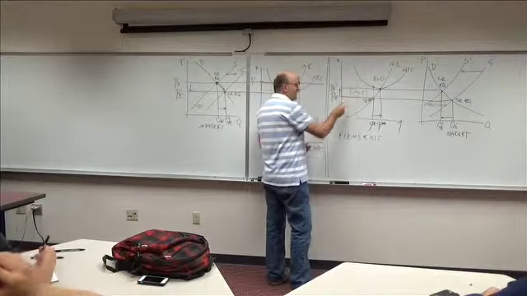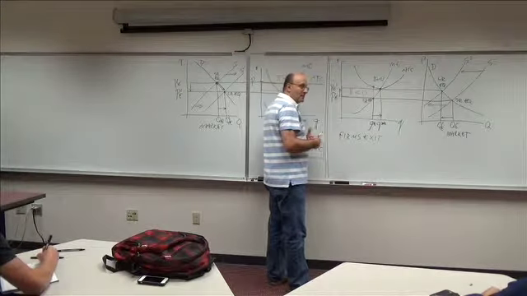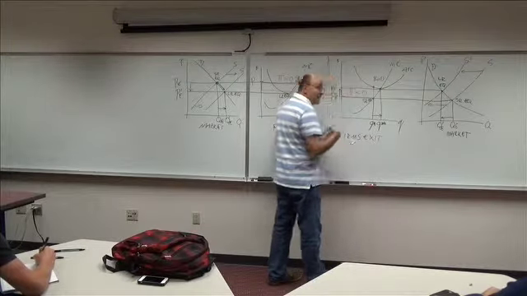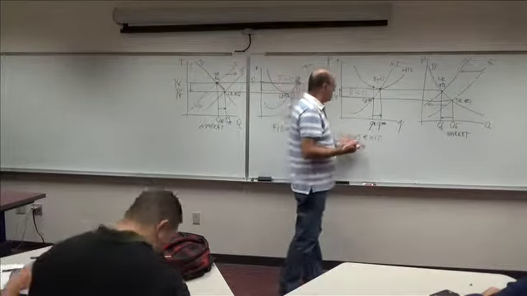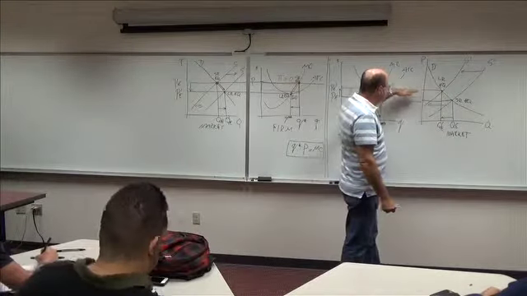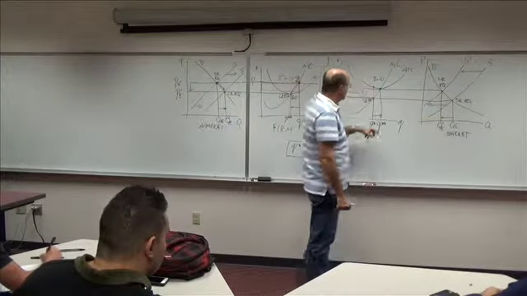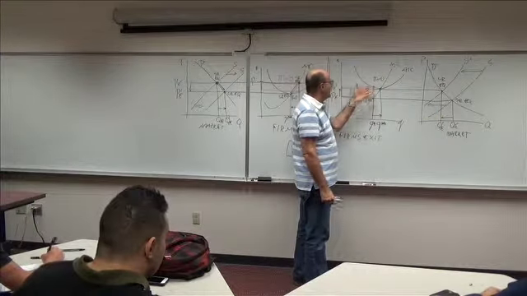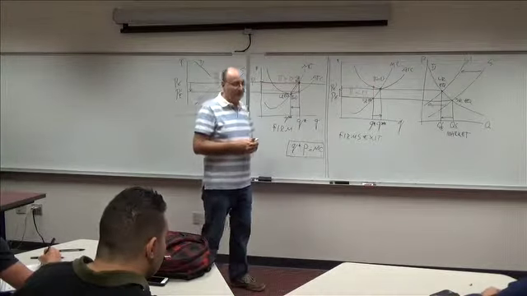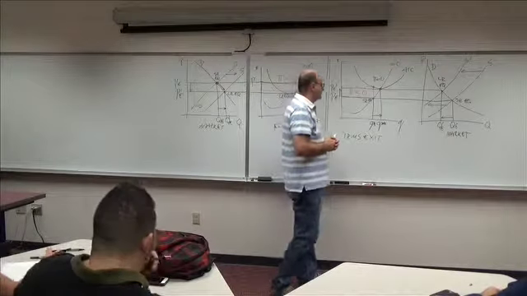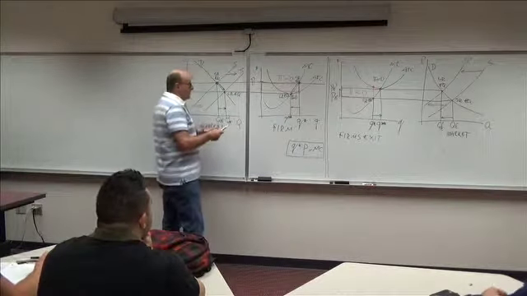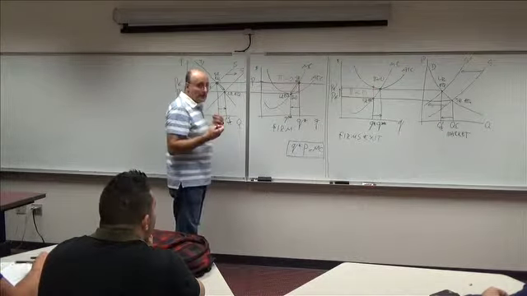So negative economic profit over time repels firms out of the industry. Firms are leaving the industry in response to negative economic profit. As a result, supply shifts to the left, price is falling, market output is falling, each firm ends up producing more, and the profit eventually reaches zero. Economic profit eventually reaches zero. Okay? So this is the story of industries in the long run. That makes sense?